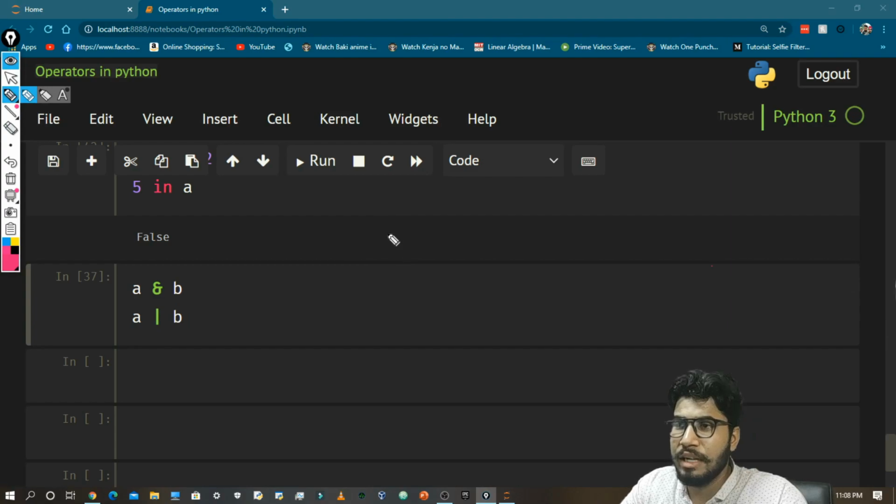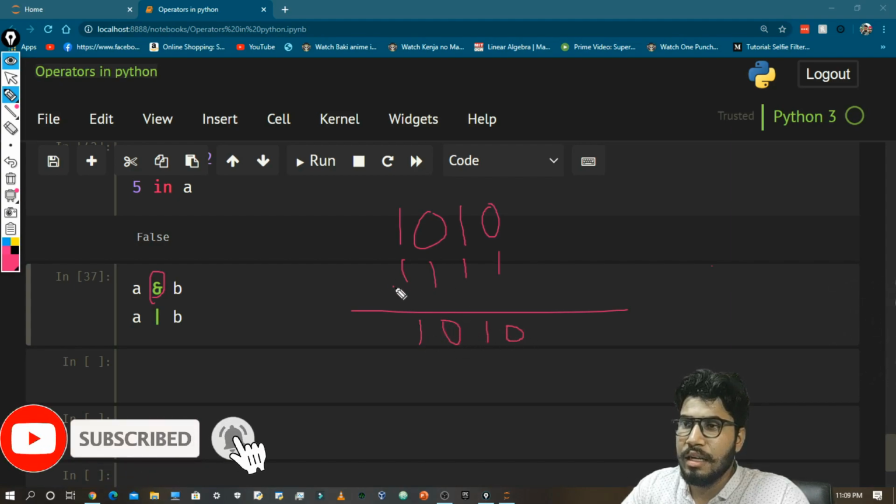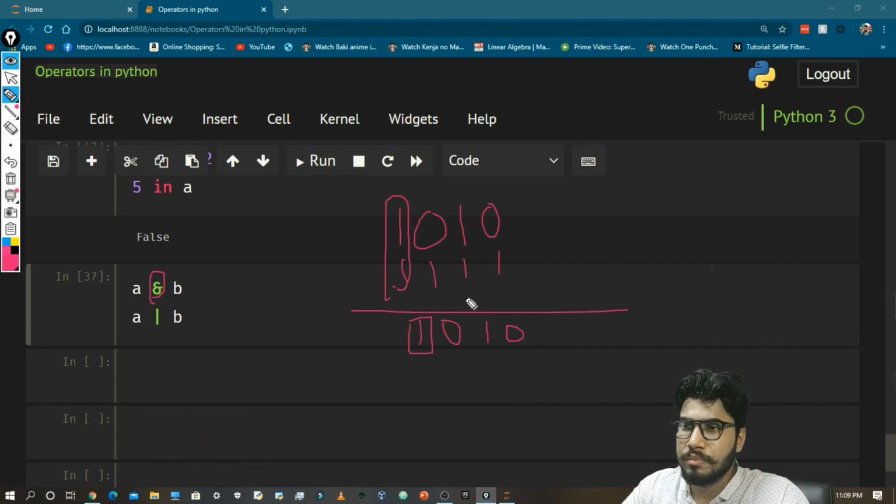As you must know, everything in computers is stored as 0s and 1s. So when I use the bitwise AND operator, the output will be 1 0 1 0. The reason is that to output 1, it needs both values to be 1, and if there is a single 0, then it will output 0.